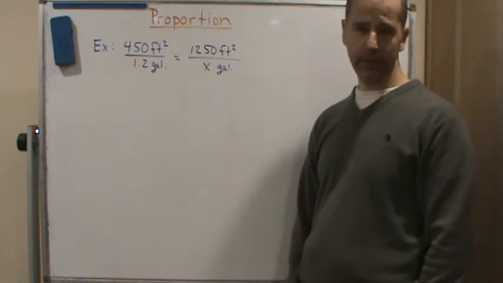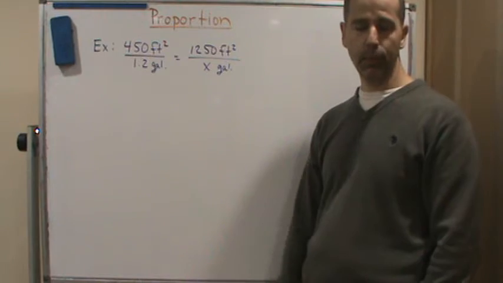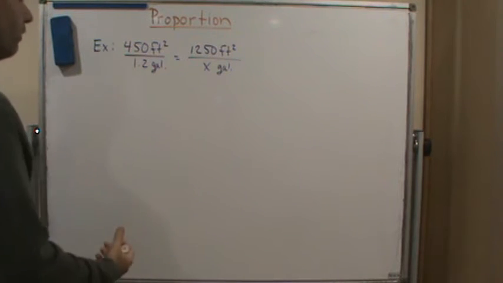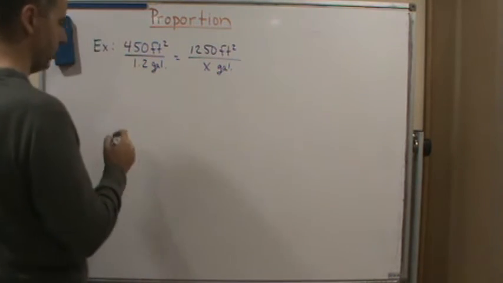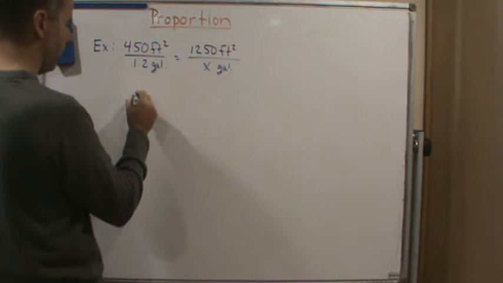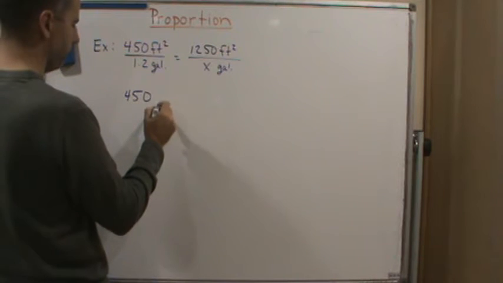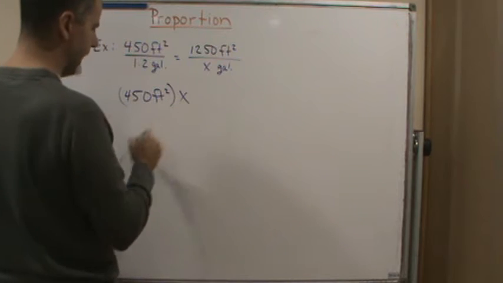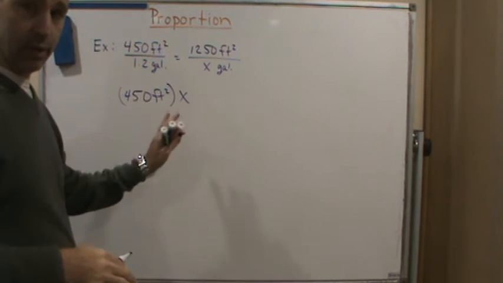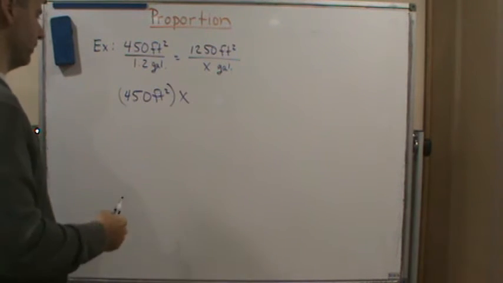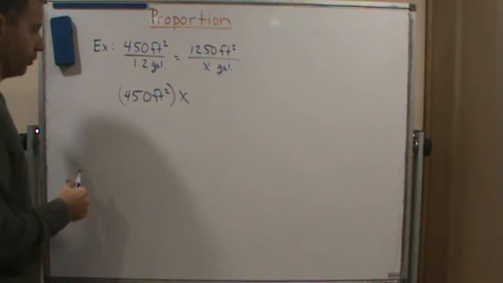This would be a perfect example of where we would want to use proportions. Let's use cross multiplication and solve this to the nearest tenth of a gallon. So again, we're just going to cross multiply. That would mean 450 times x. Now, you don't have to put the units in there. I'm just putting the units in for some dimensional analysis,